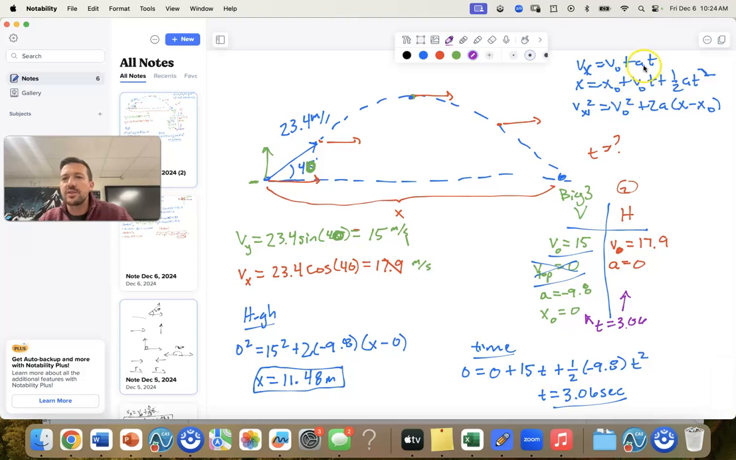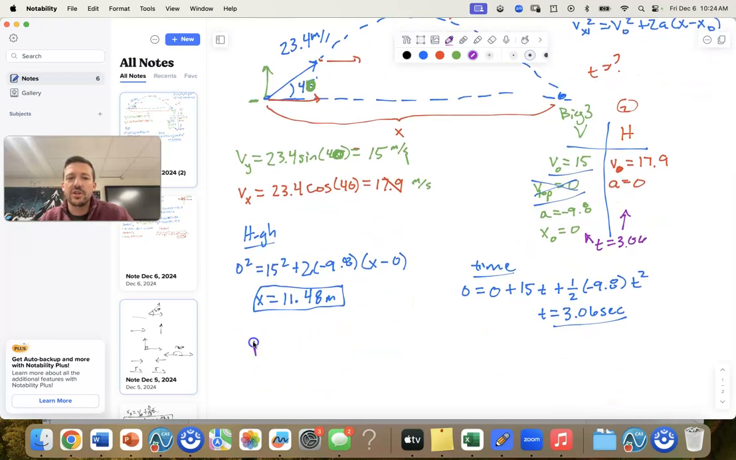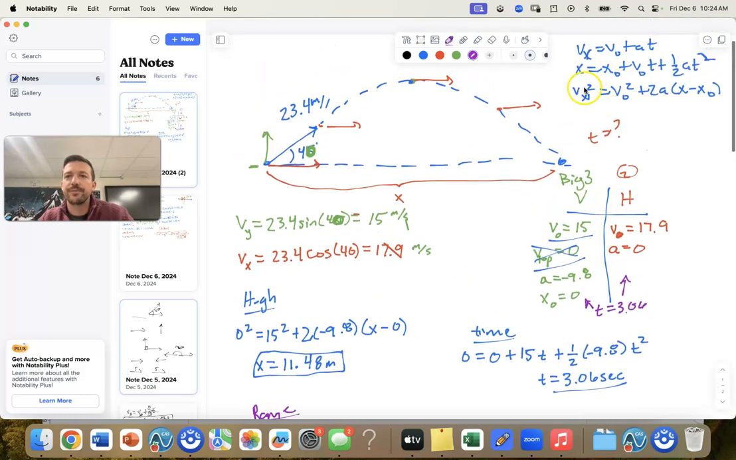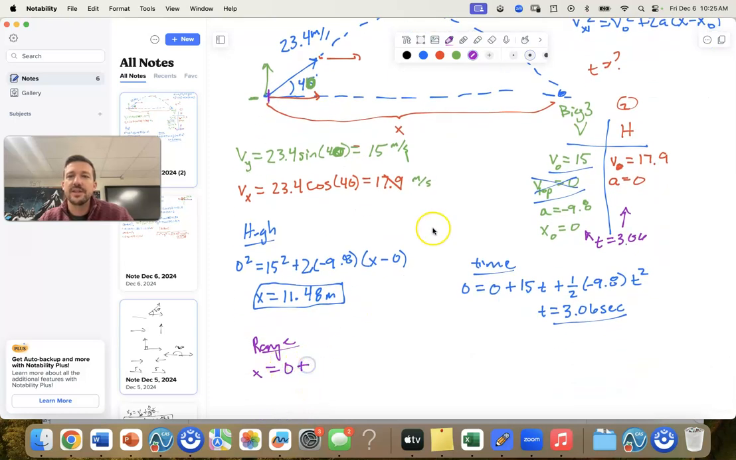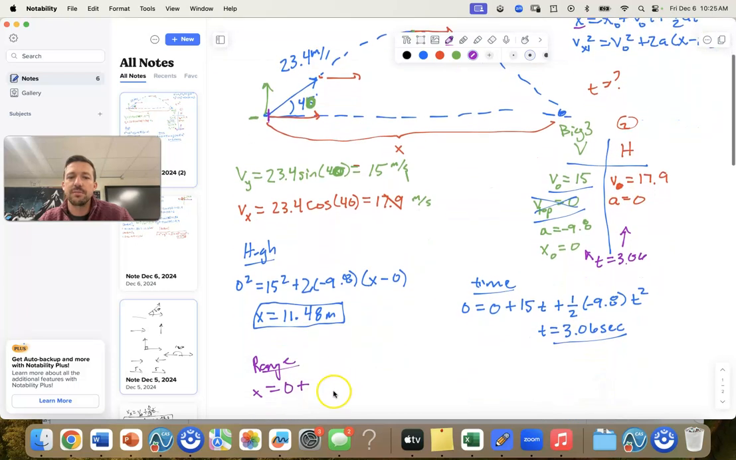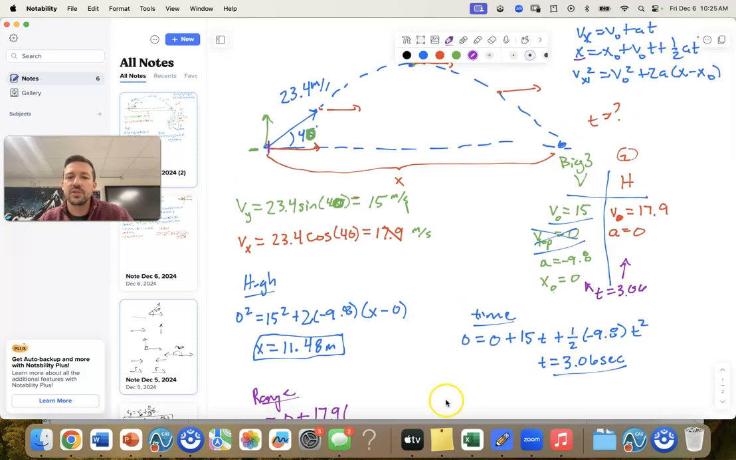Now, here's the reason why you can't use the first or the third one. Acceleration is 0, right? So that cancels this term. It just says that velocity is equal to velocity. Same thing here. So this is the only one that doesn't do that. So let's talk about range, which is the word for horizontal distance. We're going to be using that first formula. X is what we're looking for. Our initial distance starts at 0, plus our velocity, which is 17.9, times our time, which is 3.06,